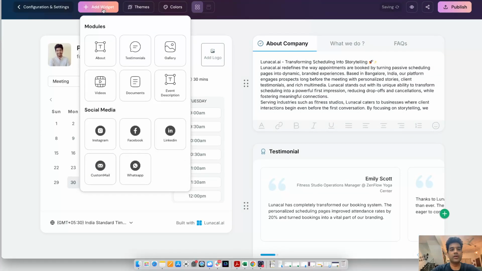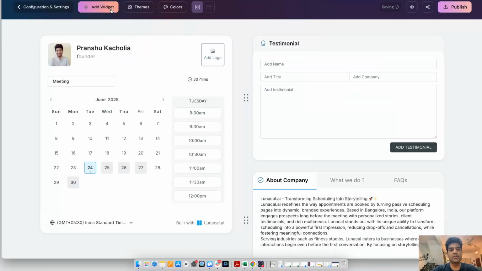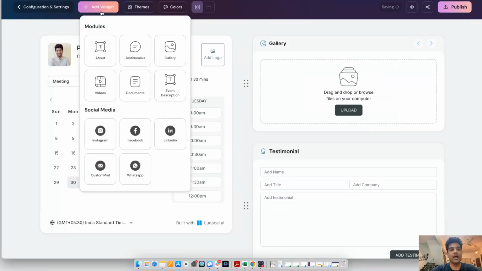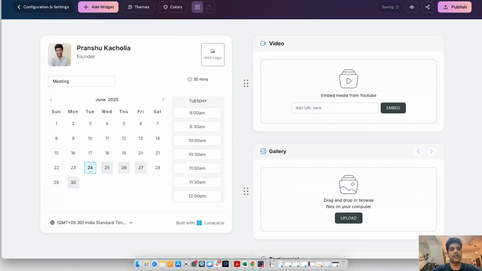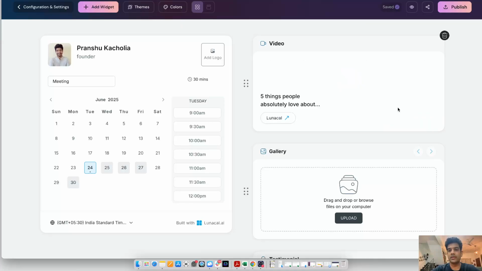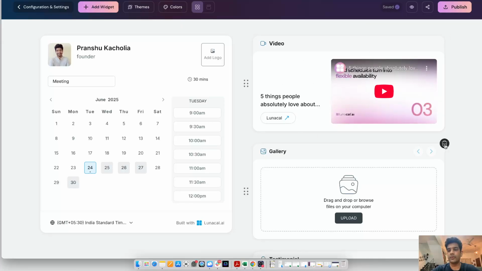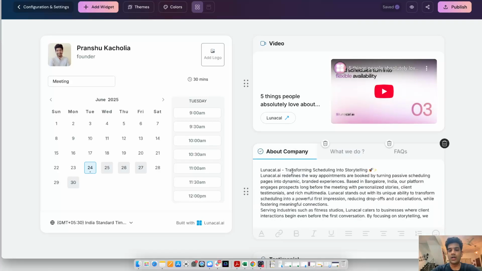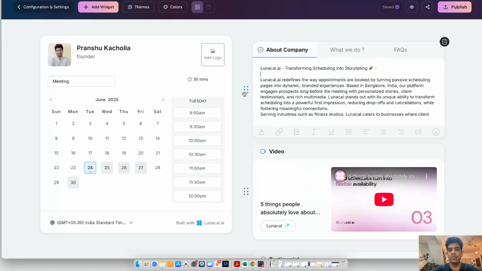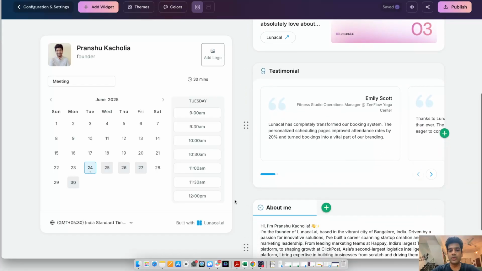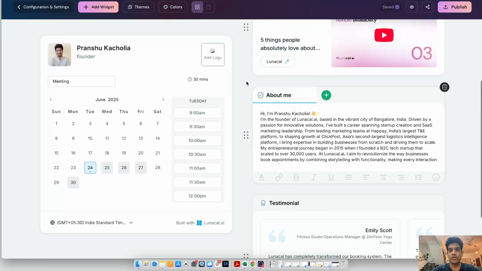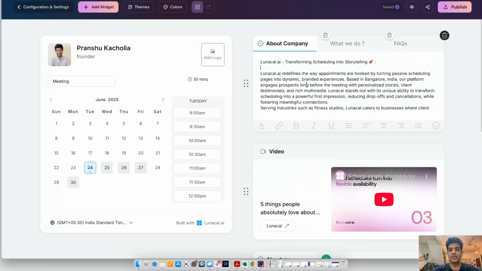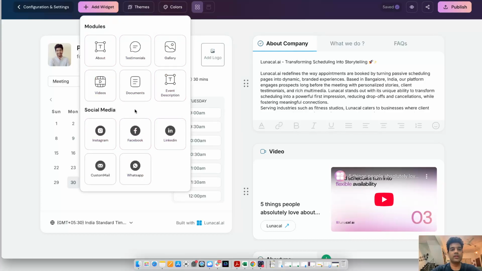What you see here are different widgets, right? So I can add more testimonials, I can add gallery, I can add a video. So let's say this is a video that I want to embed. I'll go here, click on embed, and this video will come up, right? This content seems fine. I'll put it at the top, then video, and maybe about me should be above this. So all these customizations within the content is something that you can do, and also play around with the different